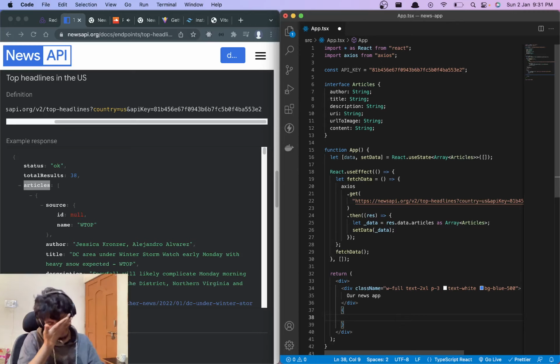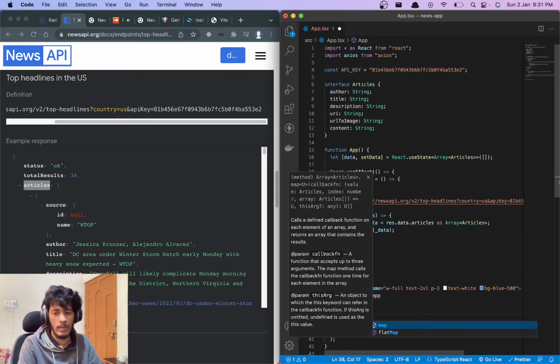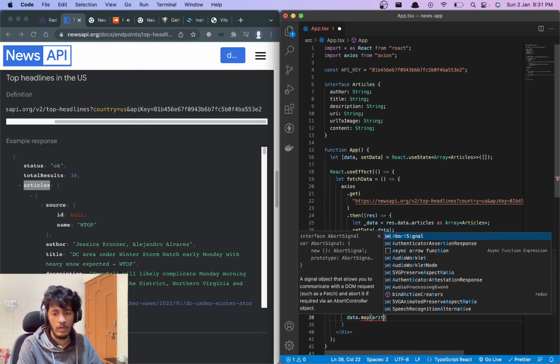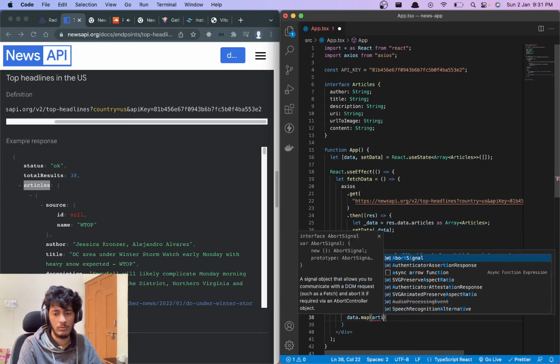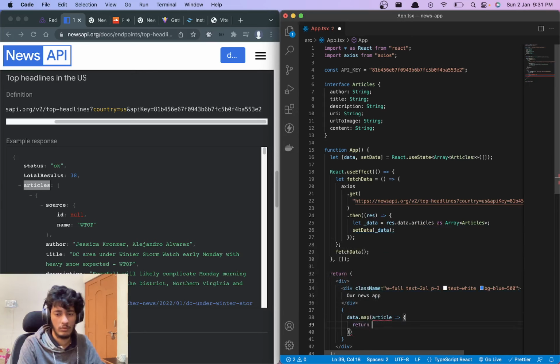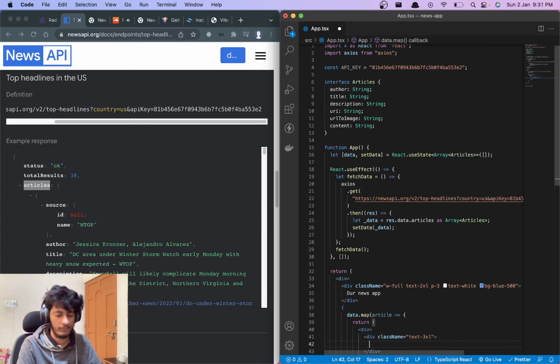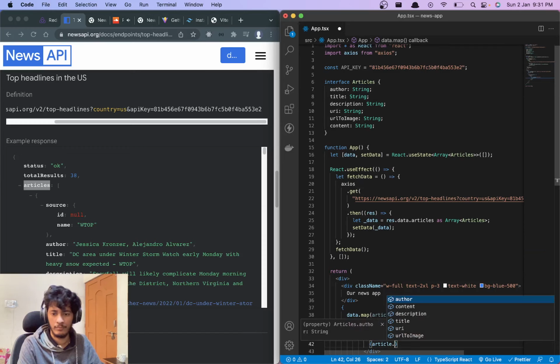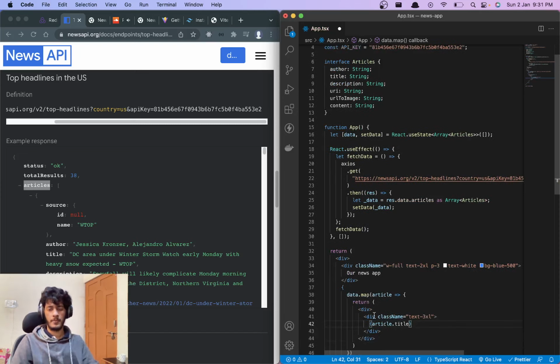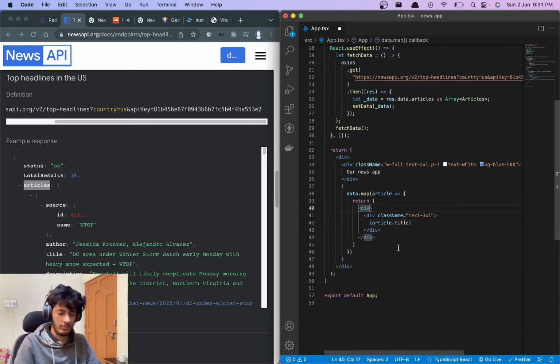So we can say data.map articles. For the title, let's make it as a card.